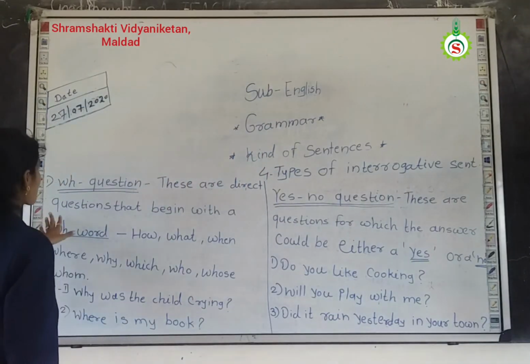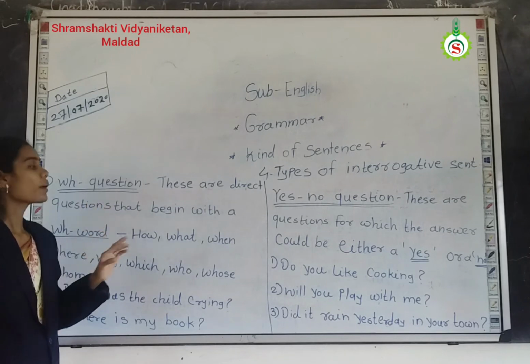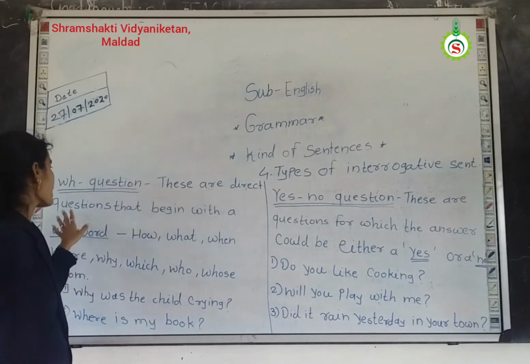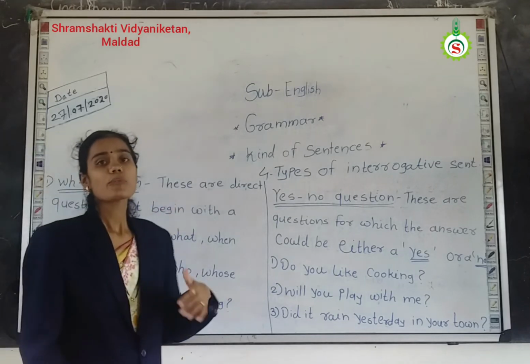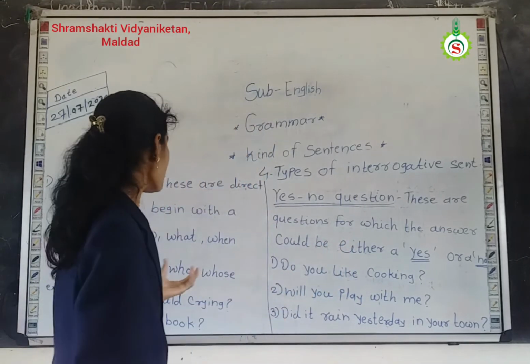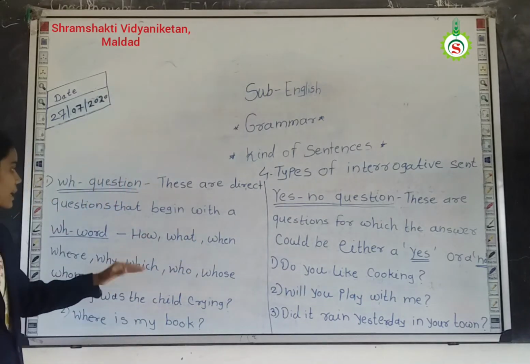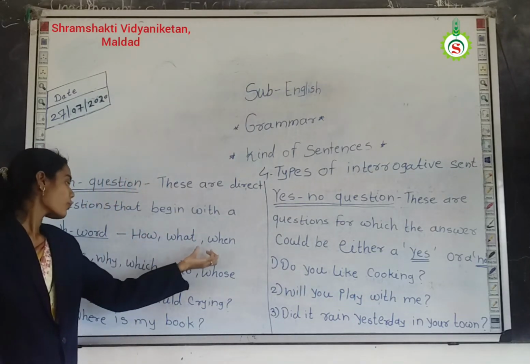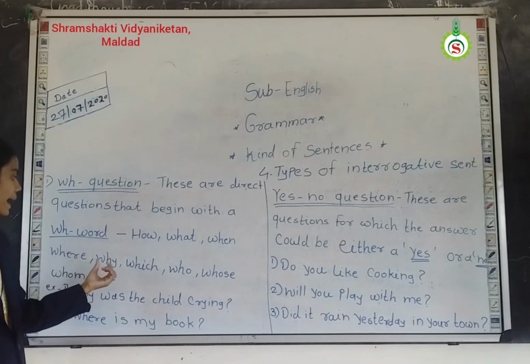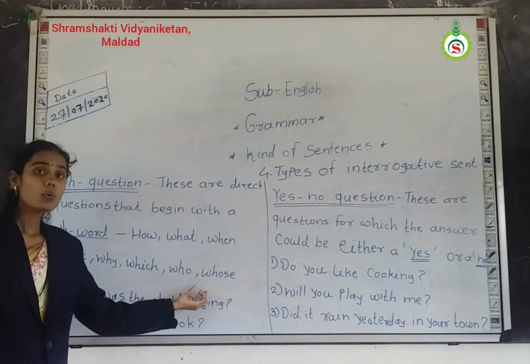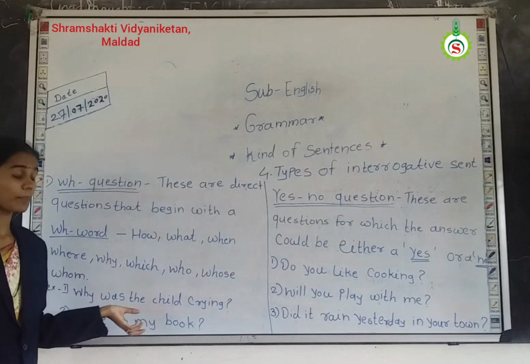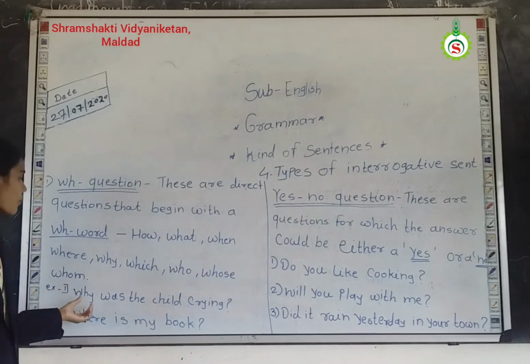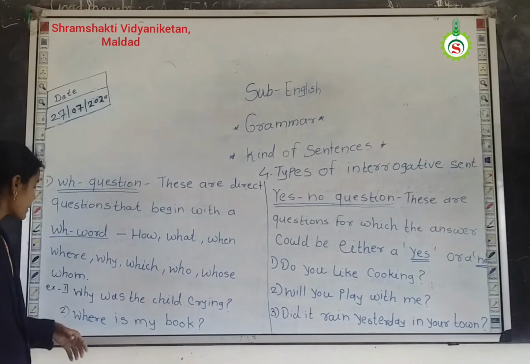The first type is the WH question. In a WH question, these are direct questions that begin with a WH word. Which WH words? For example: how, what, where, why, which, who, whose, and whom. Some questions start with these WH type words. For example, why was the child crying? Then, where is